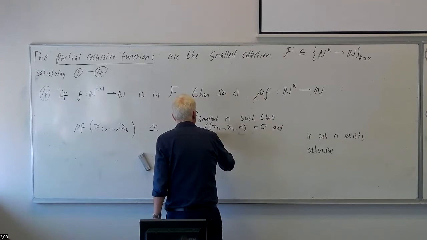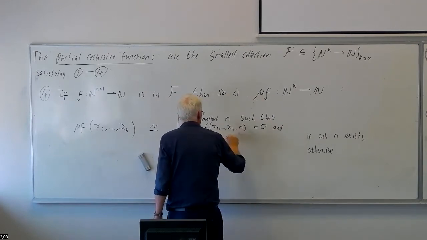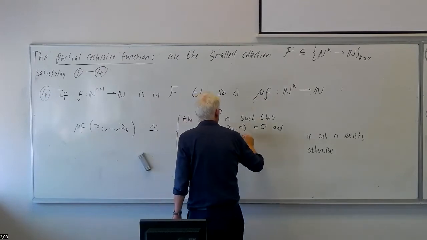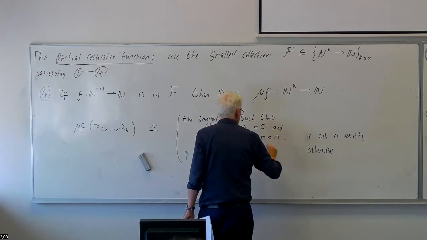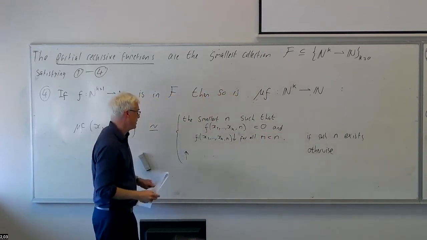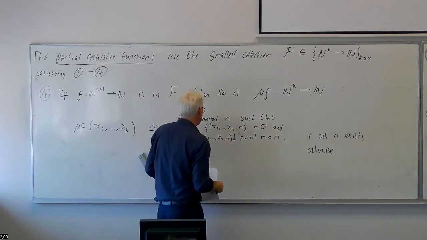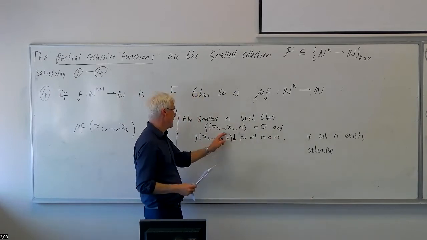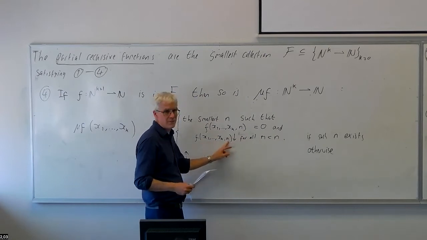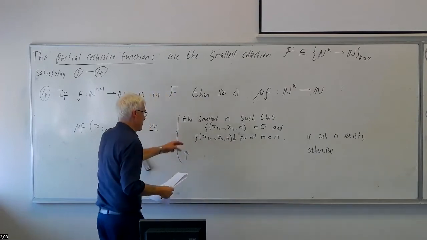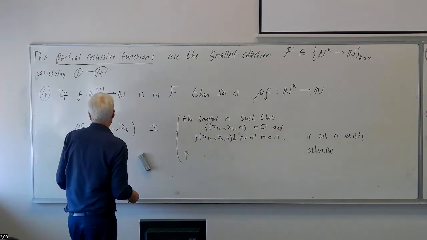f of x1 through to xk, n is defined for all m strictly less than n. Okay. In which case, if it equals 0 and it's the smallest n and f is defined on all strictly smaller m, then the values on all strictly smaller m must necessarily be non-zero. But we don't need to put that in the definition because it follows. Okay, and this is called